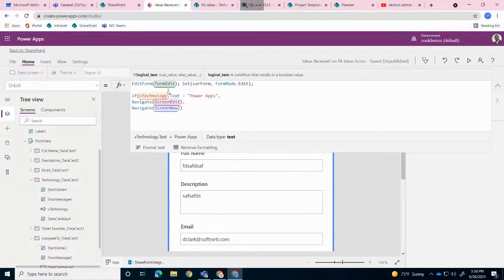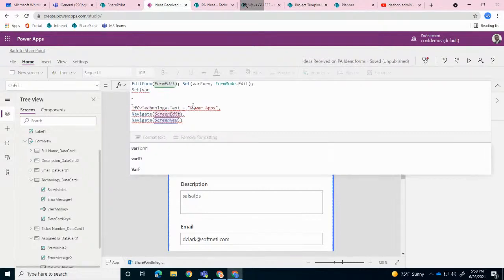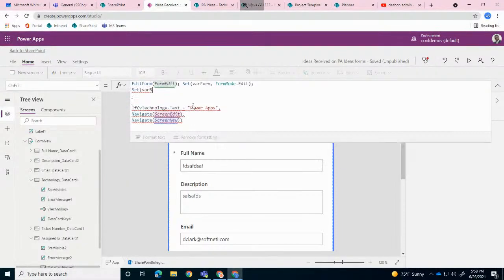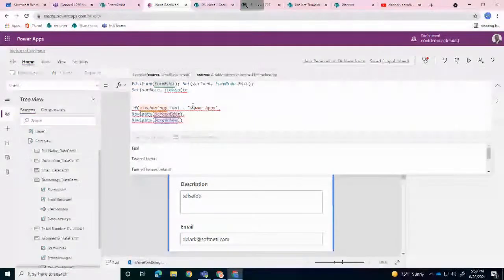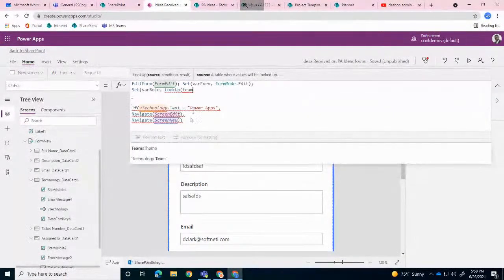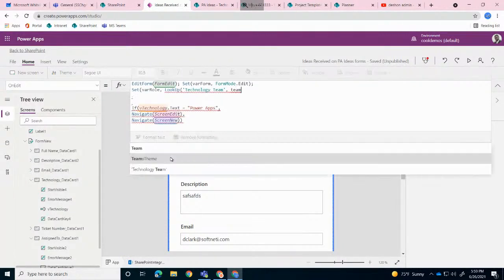The same is true for your current user, right? So with the current user, here's a pro tip. When you're dealing with users, it's good to set the value into a local variable. So let's just call var role, and this is going to be my user role. And then I'm going to do a lookup against that technology, that team, what do we call it? Technology team list, right? And where, and this schema probably doesn't support this well. So where team,